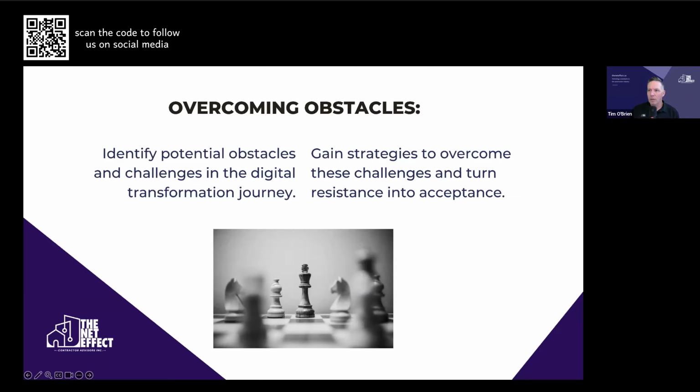So, we know that people will start to create a false narrative in their head that this is not good for the company, that this is too disruptive. So getting in front of that and understanding that you're going to run up against all of these kinds of concerns and issues, and having a really solid plan to ensure that you can manage all of it and not run into people who are going to hold things up and create problems. That's important. That's the whole point of this, is helping you understand that a really solid plan is the most important.